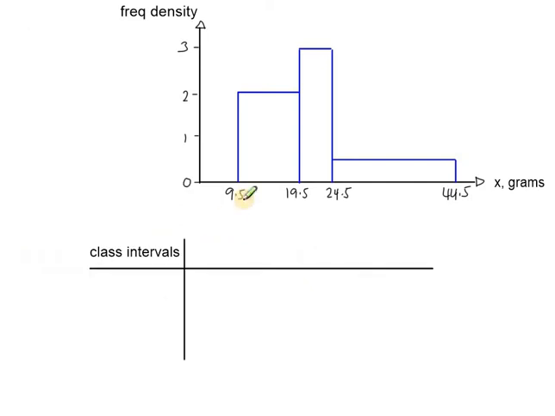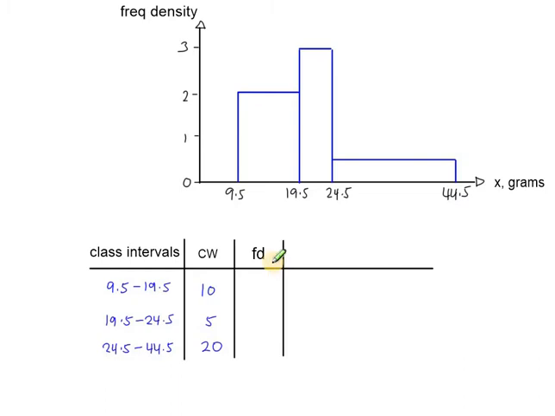So class intervals. So here's one class interval, here's another one, here's another one. Class width based on the class intervals. Frequency density, we just read off the values here. So 2, and then that one's 3, and this one is a half. The midpoint of these intervals,